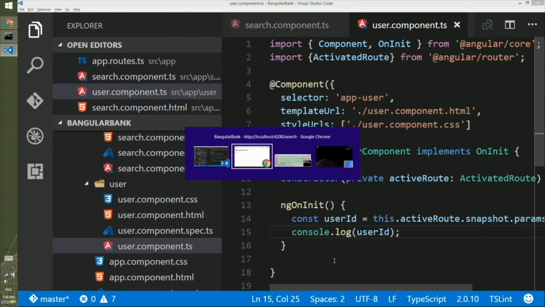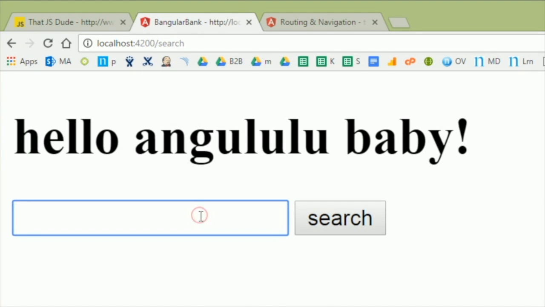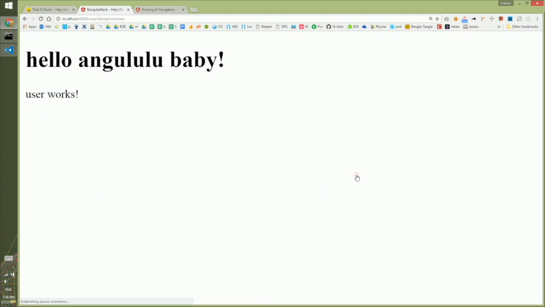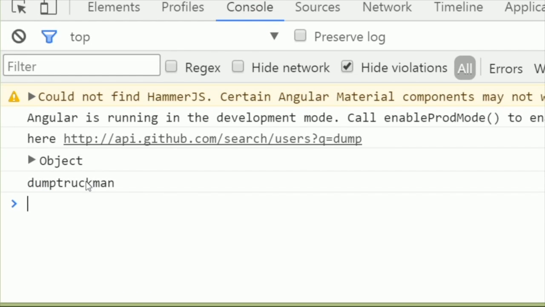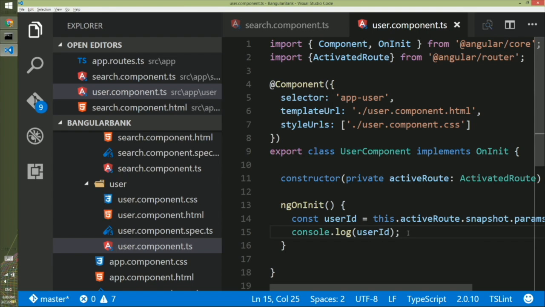So we'll save this, and in the browser, we'll go to the search, and this time we will look for dump people. From the dump people, we will select this dump trackman, and if we click on this, it comes to the user dump trackman. And to check that we get the user ID correctly, we will go to the dev tool, and inside the console tab we already have the dump trackman as a parameter. So we got the parameter correctly,